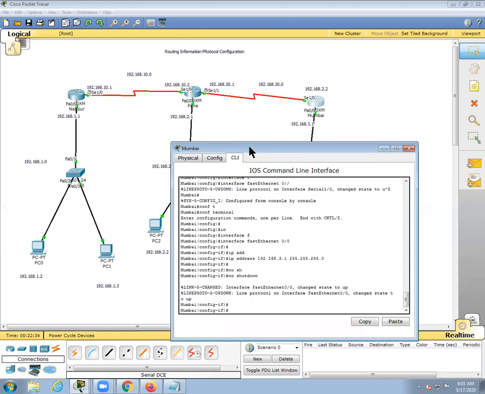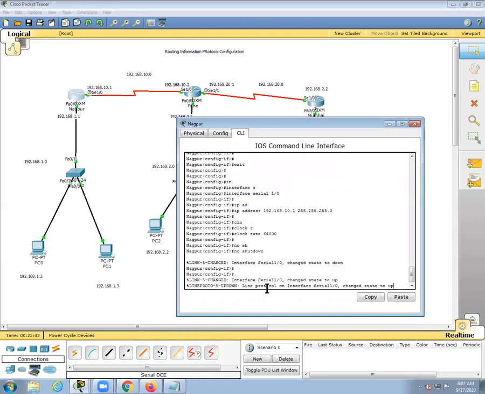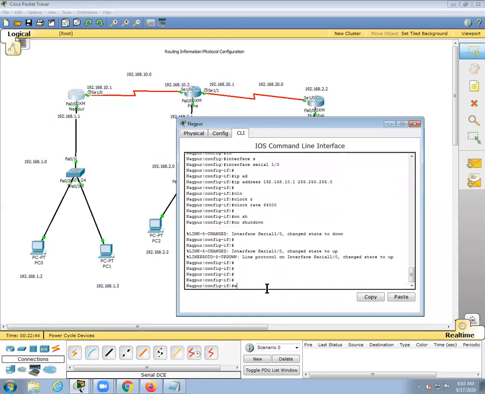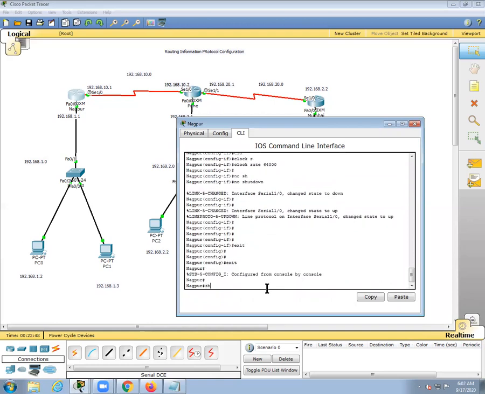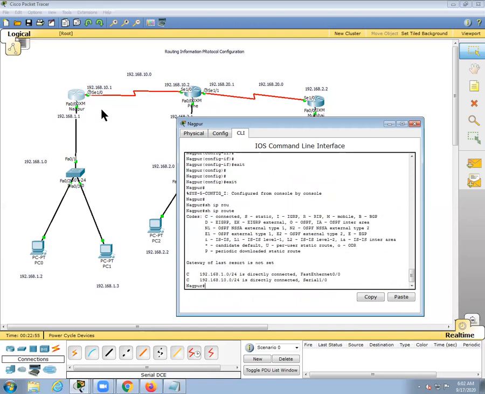Implementing the routing, what we have to do first of all is configure the interfaces of the router. This is the key parameter. After that only can we configure routing, any routing protocol. For that purpose, see here there is the command show ip route. Show ip route on the first router, that is Nagpur, shows us the directly connected network entry. So in Nagpur, only 1.0 and 10.0 are there.